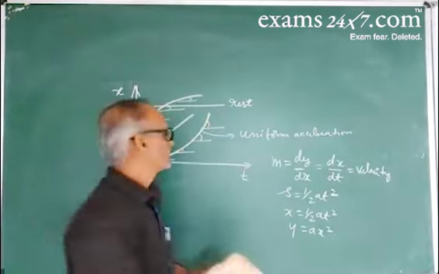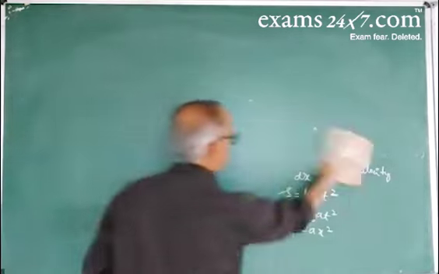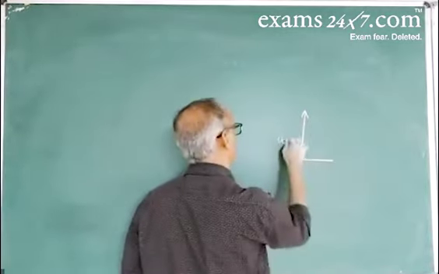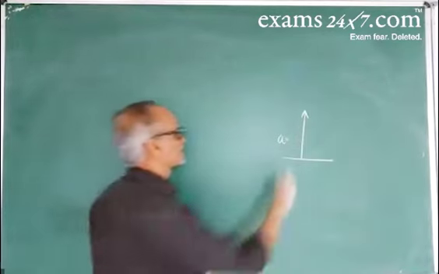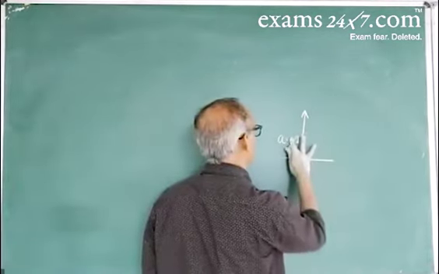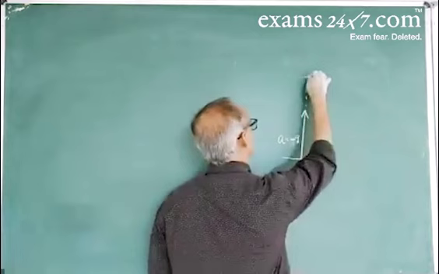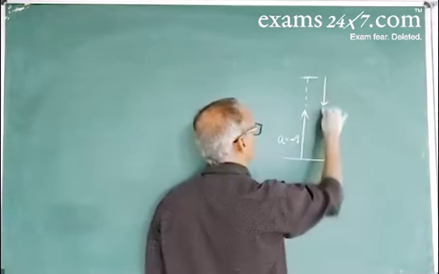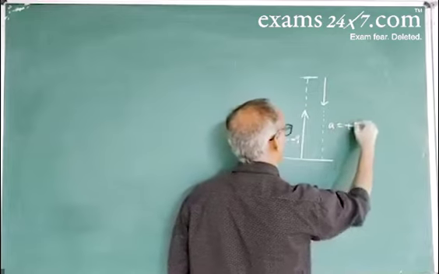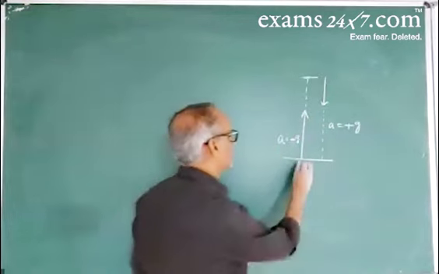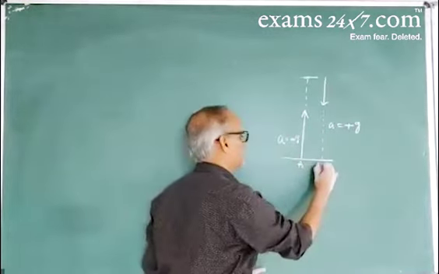Now let us draw the xt graph, vt graph and then the at graph for a body which is thrown upward. So let's take a body which is thrown upward. Acceleration is negative, which is minus g. And then it reaches a certain height and then it falls back, during which the acceleration is positive, plus g. So for this entire journey from point A and then back to the same point, which I'll write as B,